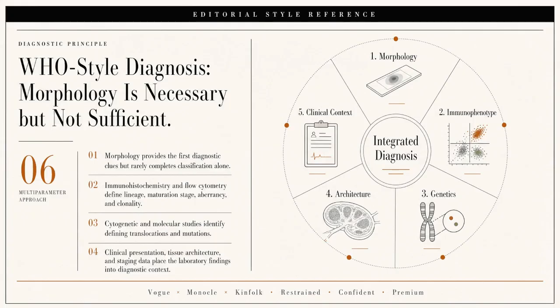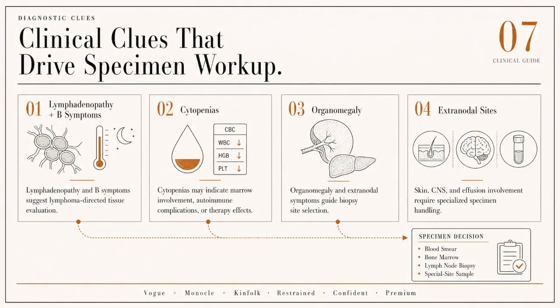workflow in lymphoid neoplasms. As we transition into the critical topic of clinical clues that drive specimen workup, it is essential to appreciate how the initial clinical presentation profoundly influences every step of the histotechnology workflow in the diagnosis of mature lymphoid neoplasms. In HTL 308, our goal is to integrate pathology, histology, and laboratory science in a way that supports precise diagnostic reasoning and optimal patient care. Understanding the clinical context is not merely academic. It directly impacts specimen triage, fixation protocols, staining strategies, and the selection of ancillary studies such as immunohistochemistry, flow cytometry,